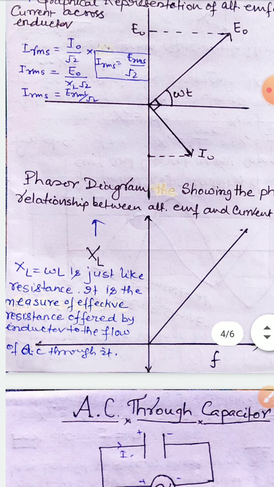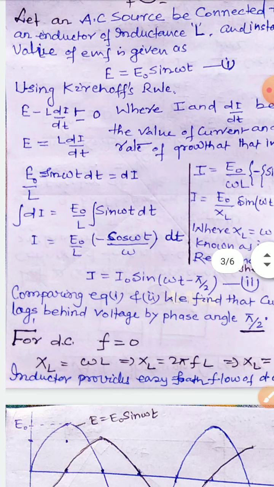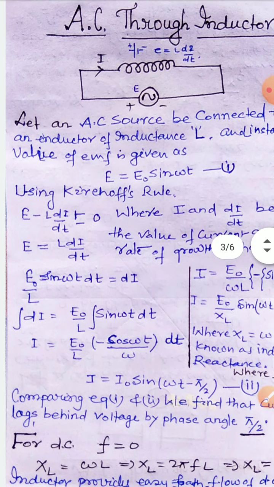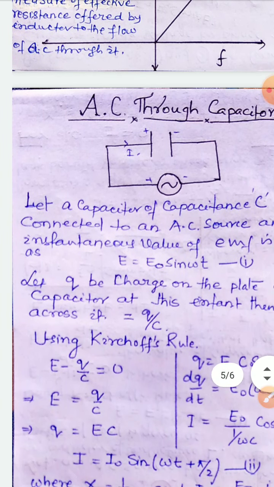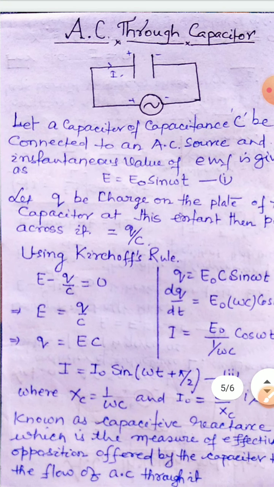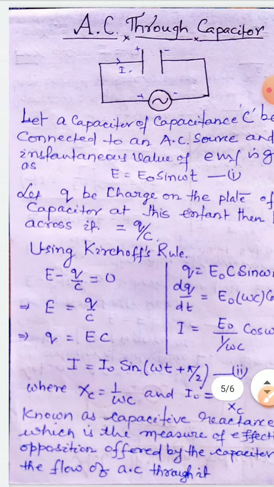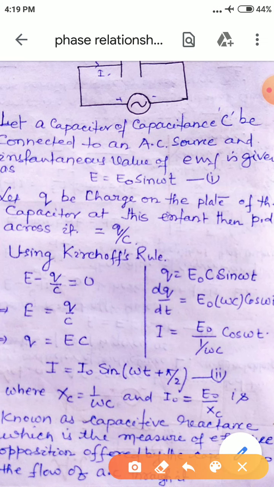So that's all about the current voltage relationship across an AC circuit containing inductor only. Next circuit element is capacitor. So the figure shows you a capacitor of capacitance C connected to a source of alternating EMF. And if E is equal to E naught sine omega t